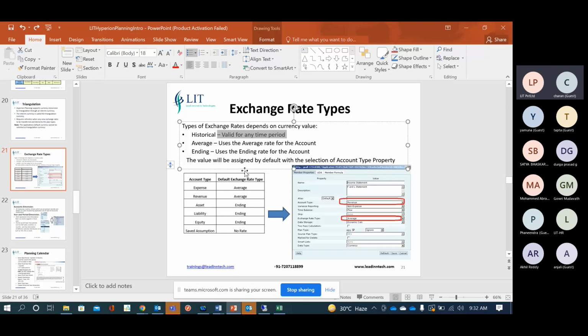For an average rate, you can just go and Google it, like what is the average rate of USD to INR. Then it will pull that rate. And the same way, the ending rate of your USD to INR. So if you go and Google it,